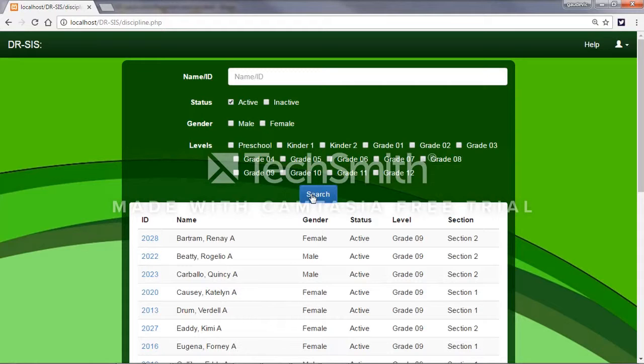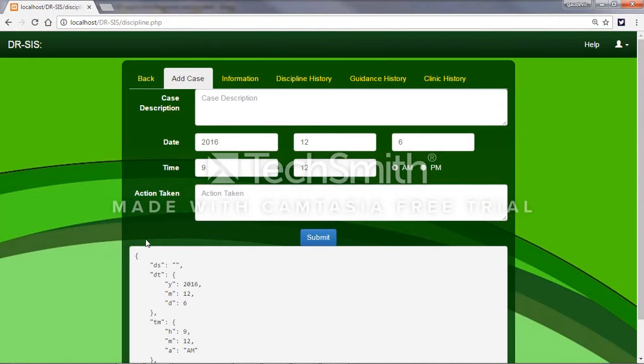What we're going to do is click the ID number of the student involved. So you have here now six tabs. The first tab, if you want to go back to the